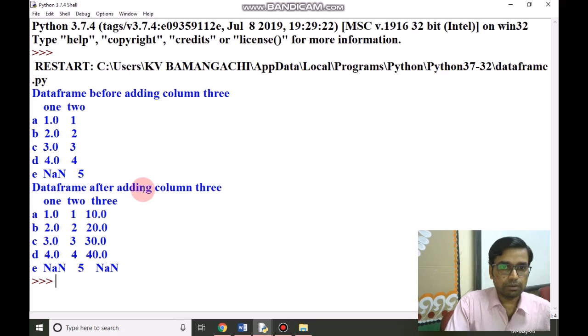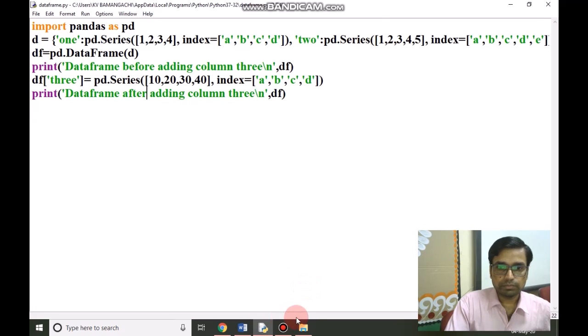After adding column 3, we find the data frame with column names 1, 2, 3, index A, B, C, D, E, and data as we have given in the program. Column 3 is added to the data frame. In this way, you can add any column to the data frame with the help of Series.